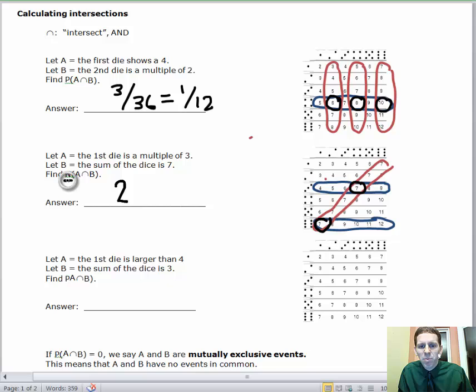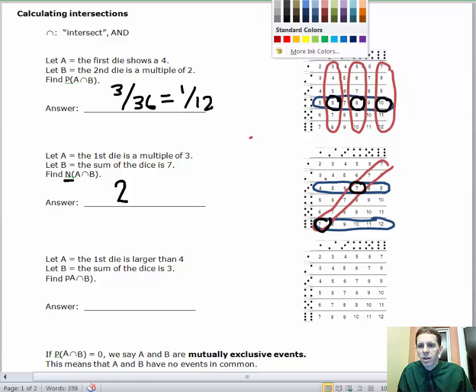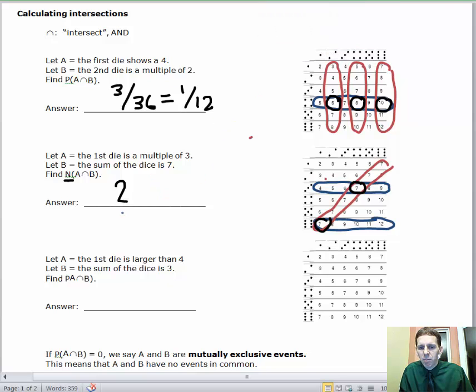It's an n problem, so we just want the number of places this occurs. For the third example, let A be the first die is larger than 4, B is the sum of the dice is 3. Again, I'm going to go to my blue pen, and I'm going to circle places where the first die is larger than 4. Larger than 4 means, well, it's got to be 5 or 6. So any numbers in these bottom 2 rows